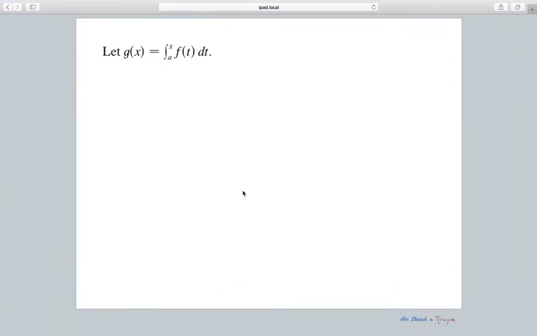All right, so today we're going to talk about the fundamental theorem of calculus, part 2. I'm going to start by defining g as this accumulation function. So g is the integral from a to x of f of t dt. And we know from FTC 1, the fundamental theorem of calculus, part 1, that if I take the derivative of g, g prime equals f of x. So FTC 1 establishes that derivatives